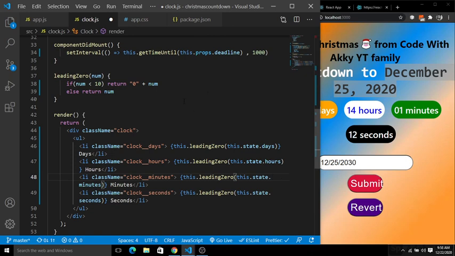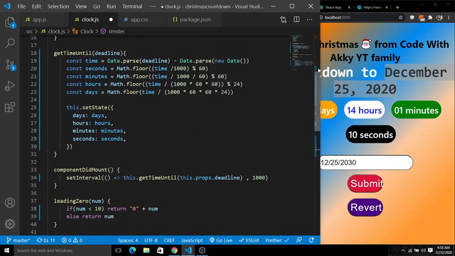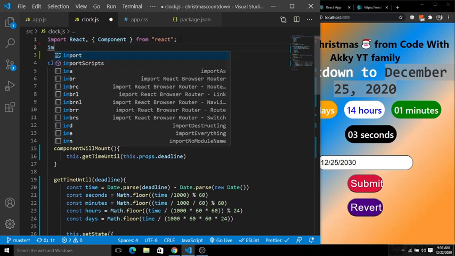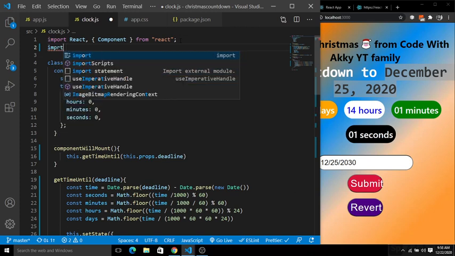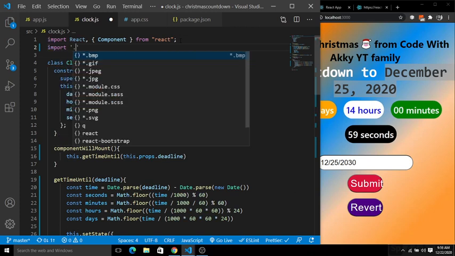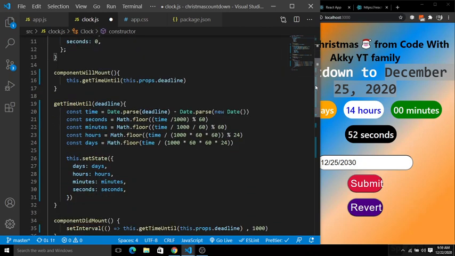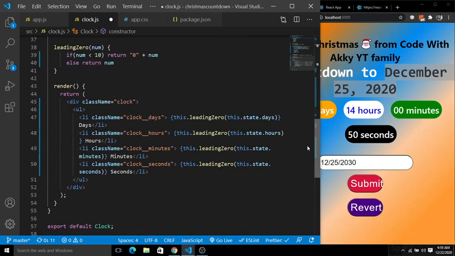Now we are done with this clock component. So you can see the clock component here. For styling purposes I am going to import the app.css inside this for styling all these things. Now let me give the styling here.